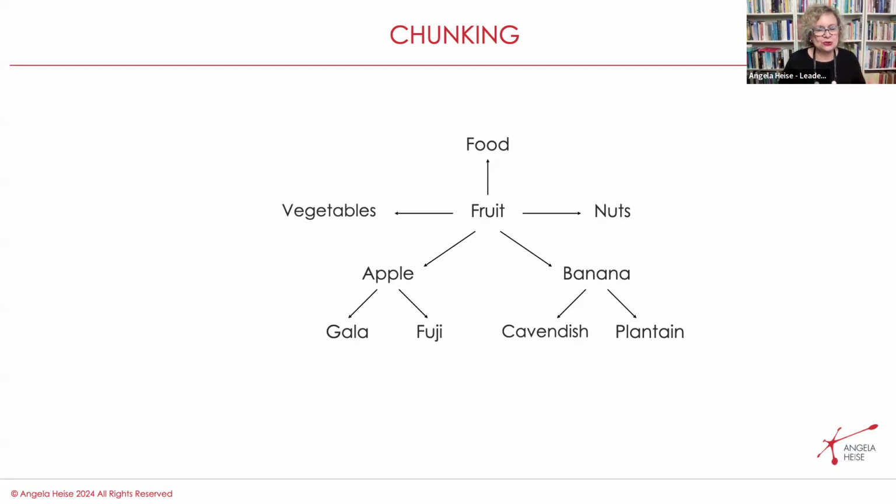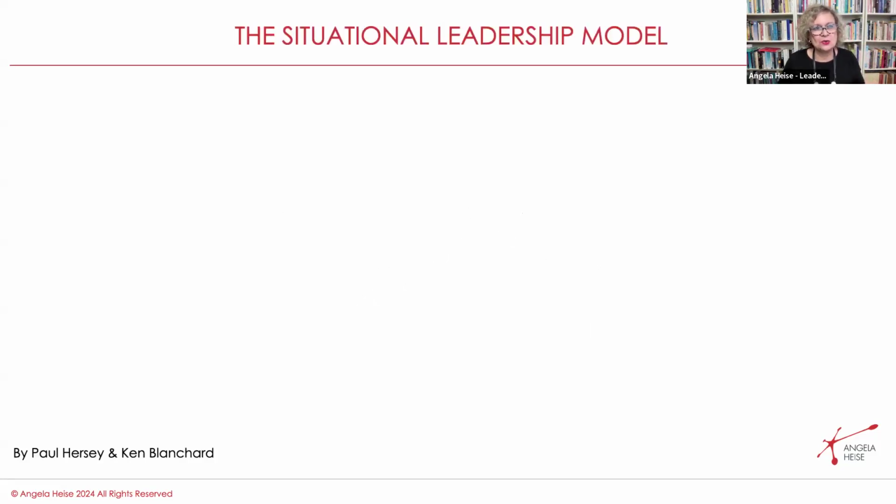So I wanted to introduce you very simply to a model. We're going to use the crutch of a fruit salad to help the people you work with get to new levels of competence, by supporting them in a way that helps them just where they're at, not where you expect them to be, not where you think they should be, not where they think they should be, but where they're actually at. This is called the situational leadership model.